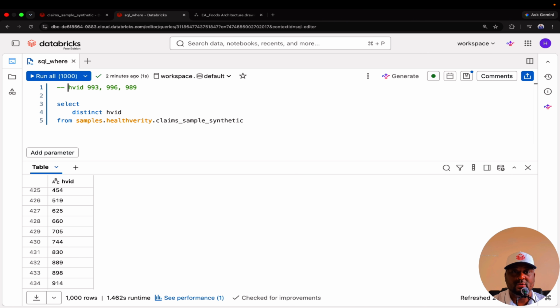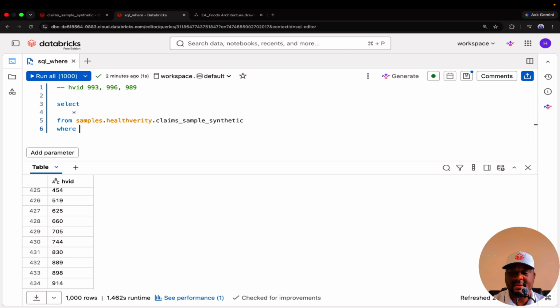Are we going to write code for each one of them? That's going to be difficult. That's going to consume a lot of time. So what we are going to do is, this is where the where clause comes in. So we want to see the full table, which is star, where